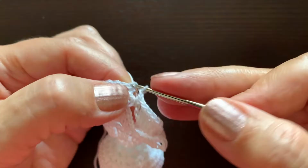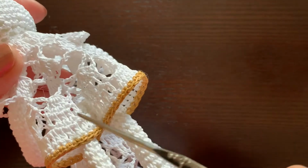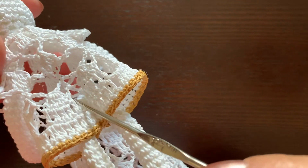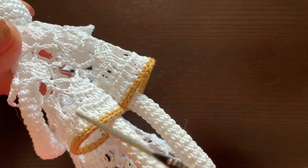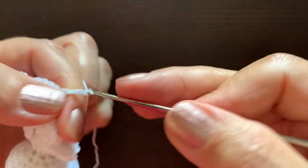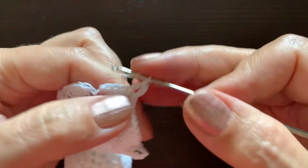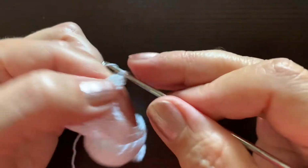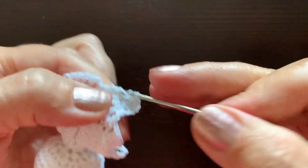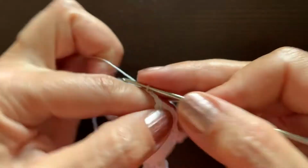a slip stitch in the third chain. In the next round, we are going to make 5 double crochet stitches in each of these double crochets, and a chain 3 between them. Chain 3 as the first double crochet, and 4 more double crochets, 5 together, chain 3,